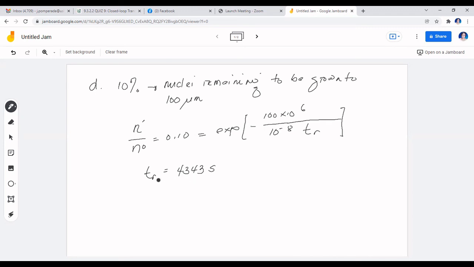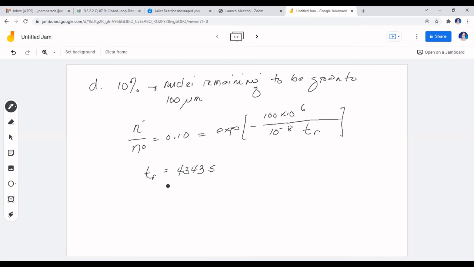Okay. In here, from this particular value of 10%, that's the remaining nuclei. The 90% cannot be accounted anymore because they are to be withdrawn because they have grown to that size of 100 micrometer or more. Now, this remaining 10% will stay in your MSMPR for